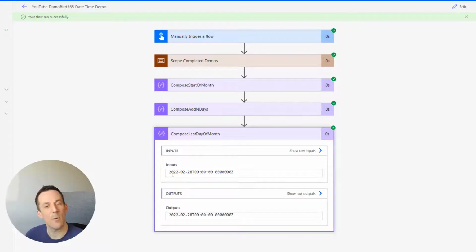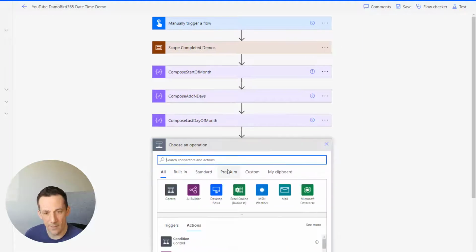Now, what if I wanted to get 5 o'clock on the 28th of February? Currently, we're returning midnight, which is the default because I haven't specified a time, but I'd actually like it to be 5 o'clock. And you might be constructing a date time expression for the end of a day. You want to get a particular day and you want to make it 5 o'clock each time or any other time. So if I create another compose action,